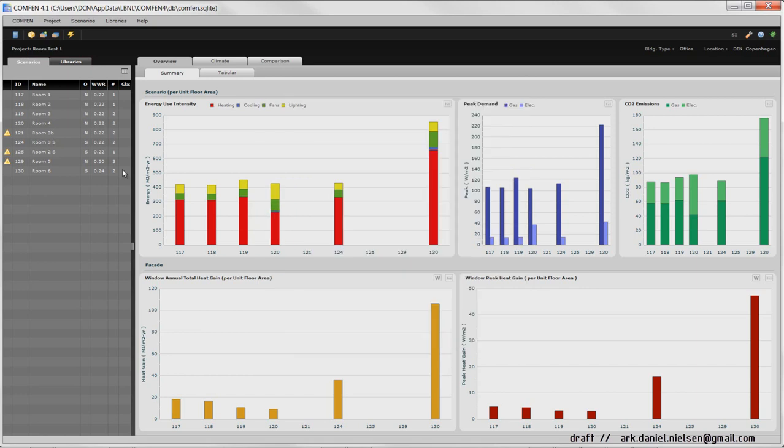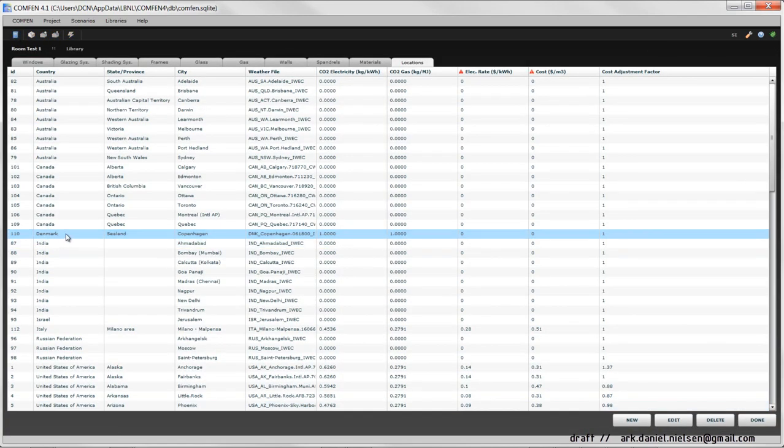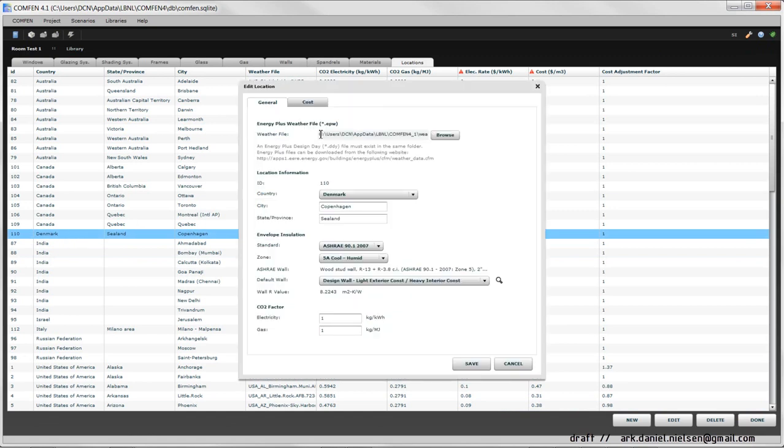Second, if you have created another location that is not in ComfeN, then you also need to go to the library. For example, Denmark is not a standard location file. So I need to specify again the location of the weather file because it doesn't remember it. It only remembers the default locations. So I have to browse to this location of the weather file as you do when you create a new location,